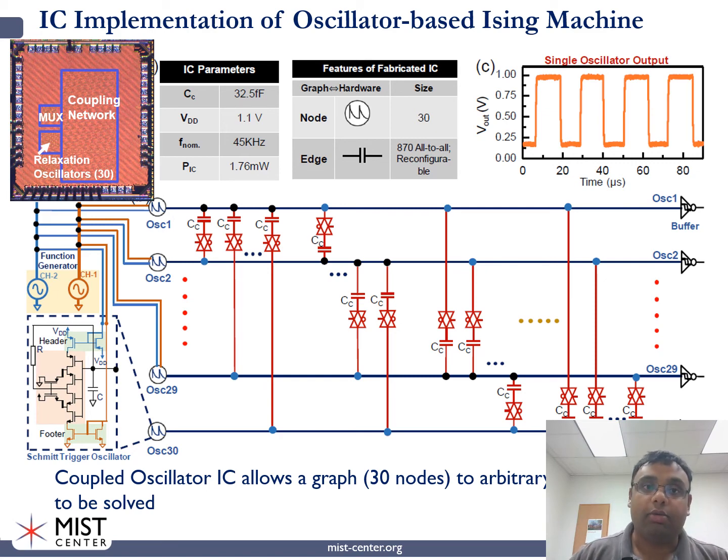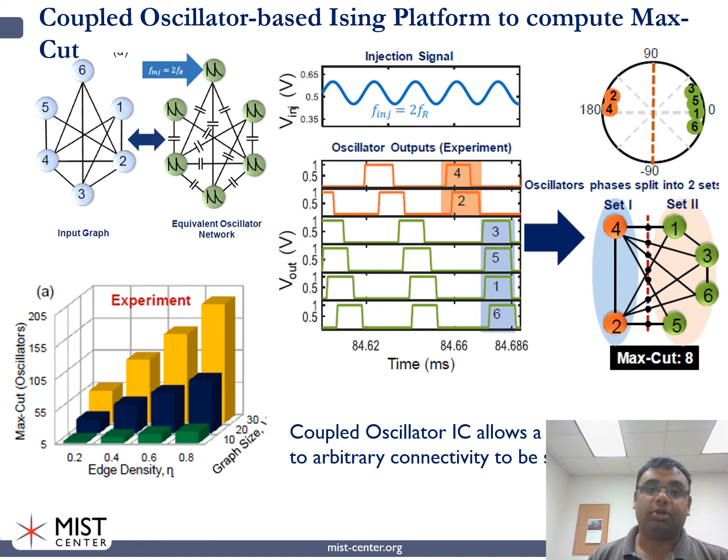Now, the question is, how does the system behave? So here is a representative example. The graph that we want to solve is shown on the left with the blue nodes and the edges. We then build a corresponding topologically equivalent oscillator system, so oscillator represented by node, and the coupling represented by edge. And then we essentially allow the system to evolve. And what we observe is